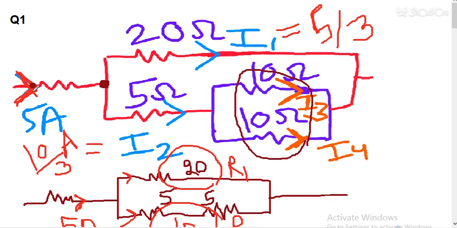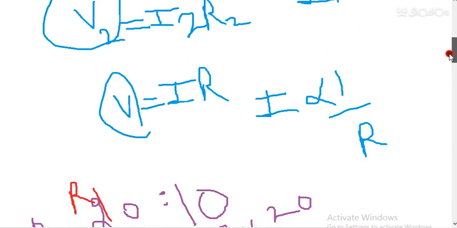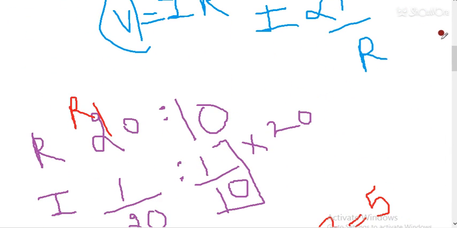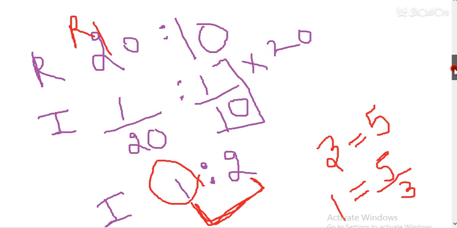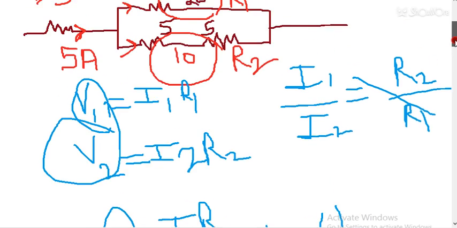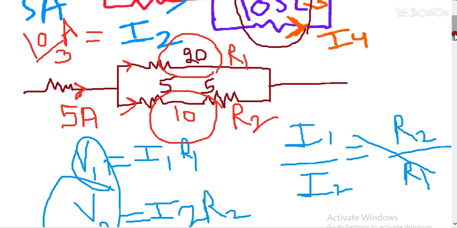Students, the basic concept is that if the resistance ratio is 2:1, then the current ratio will be 1:2. The concept is that when voltage is constant, the current is inversely proportional to the resistance. And now we have to make this fraction into a simple ratio. So I will multiply it with 20 by 10, the LCM of 20 and 10. You will get my point when I explain one more question.